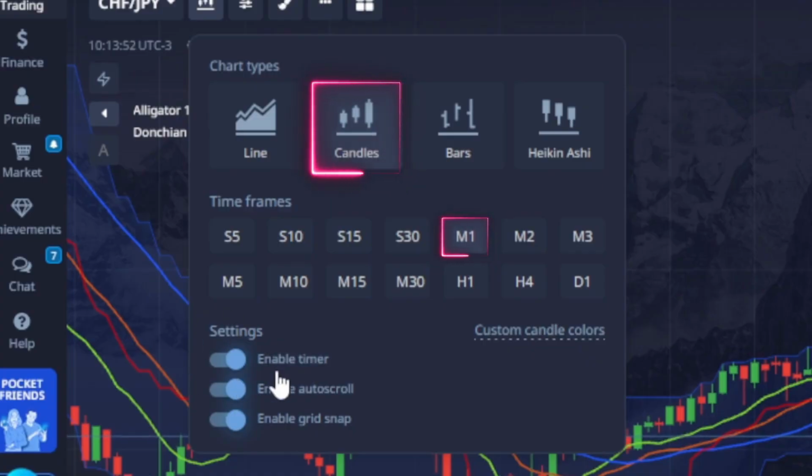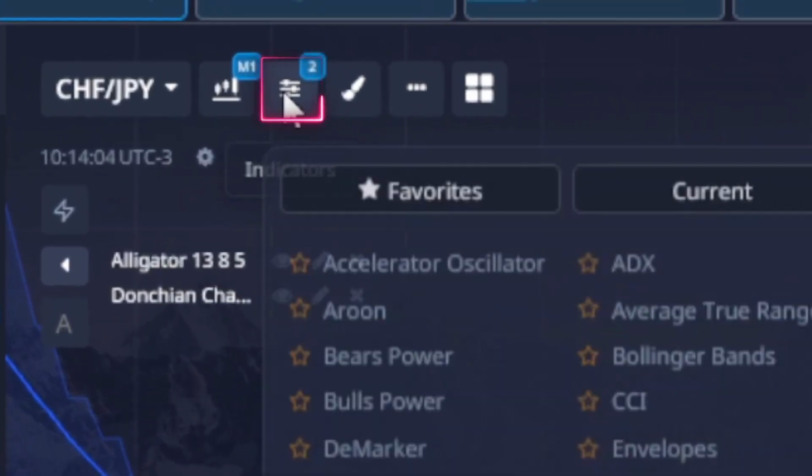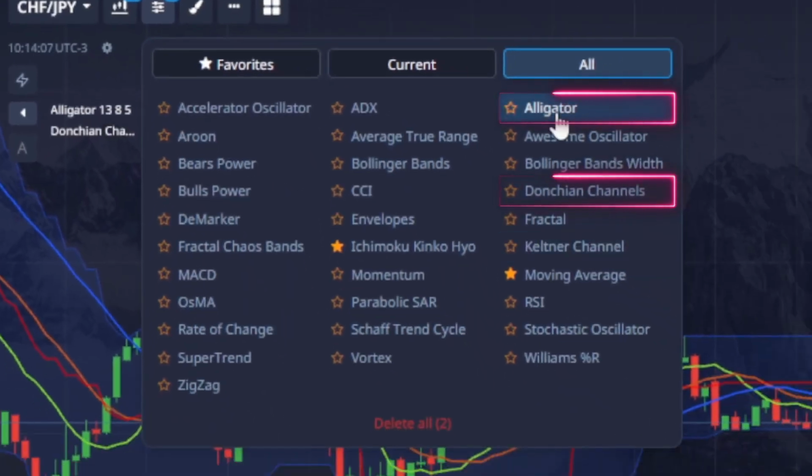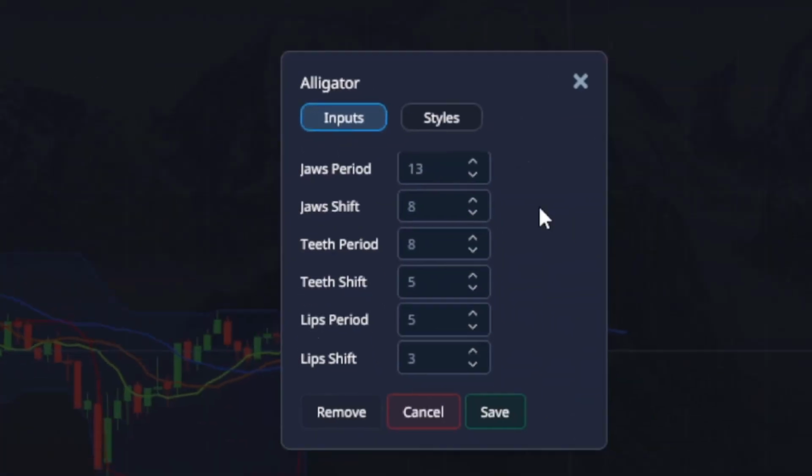Alright, and for those that would say we can see the time, here's the activation option. They're going to see the indicators. We're going to set them up. So we're going to use Alligator, as I said. We're going to use the Donchian Channel, and we're going to use both indicators, right? With these settings